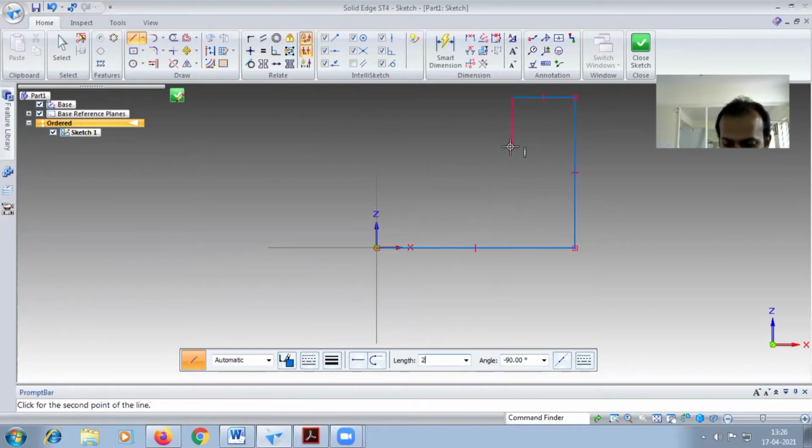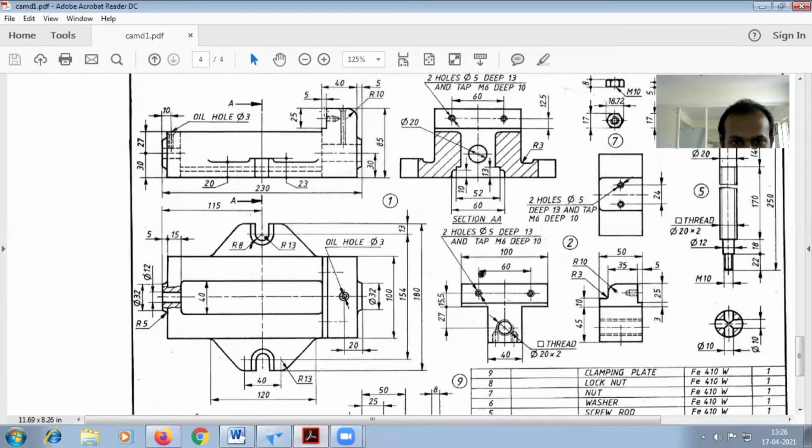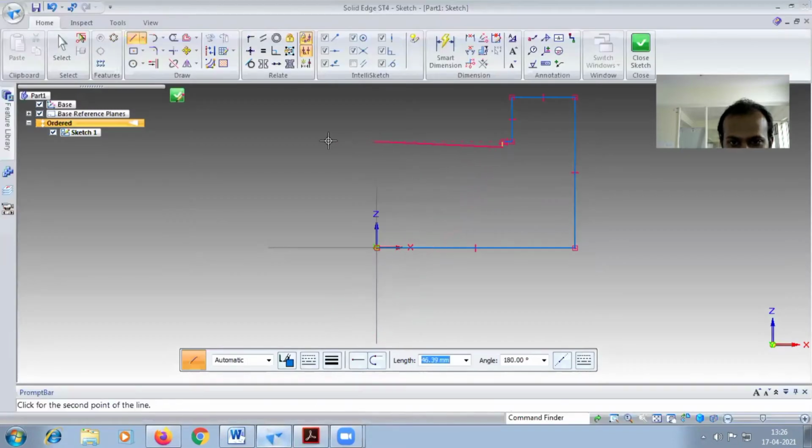Okay, next downwards you have to give the 25 at the angle of minus 90, and for the remaining dimension, total 40 is given, 35 is already given, remaining will be 5. Okay, and downwards you have to give 3. Okay, count it in the front view, that's why I am telling you, keep the diagram, and the remaining horizontal line. Okay, totally 220 minus 40. So 220 minus 40 means 180 you have to give. Okay, on the left side you have to give the 180. 220, otherwise directly you can give the 180.